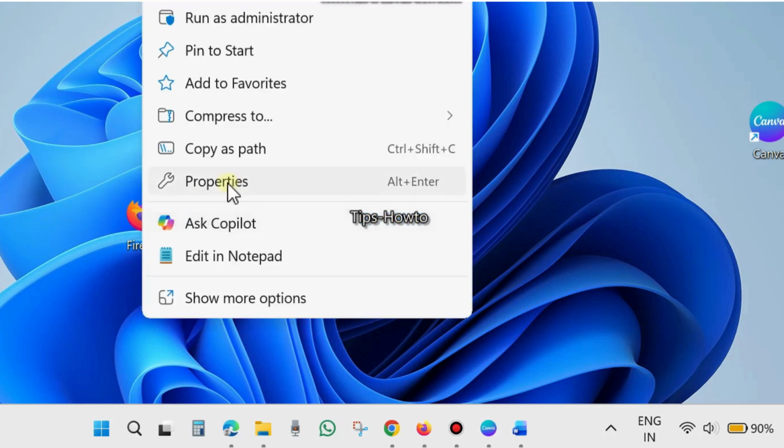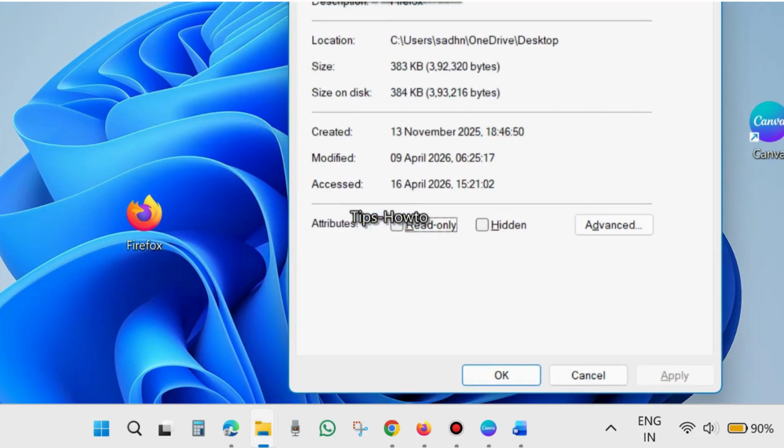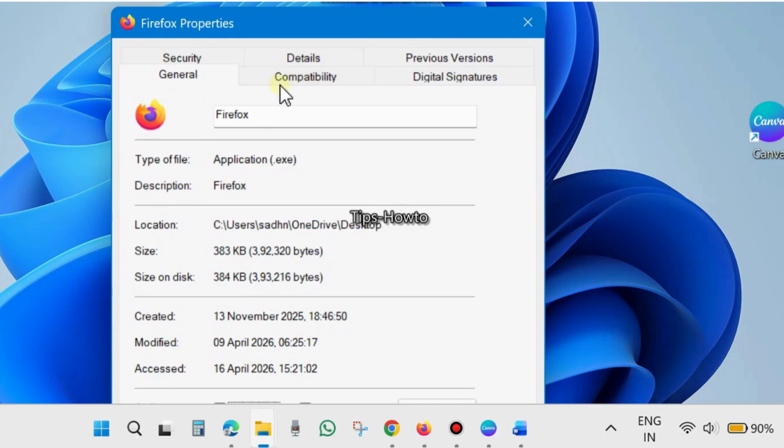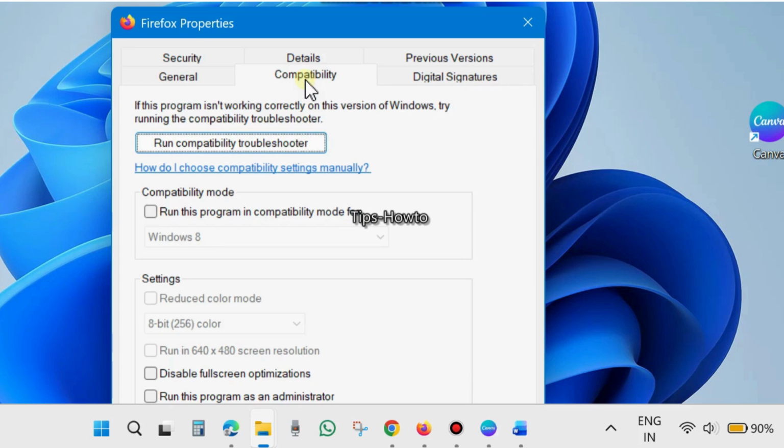Right click on that affected program and choose Properties. On the Properties page, from the top menu bar you will find the option Compatibility. Click on it. Here,